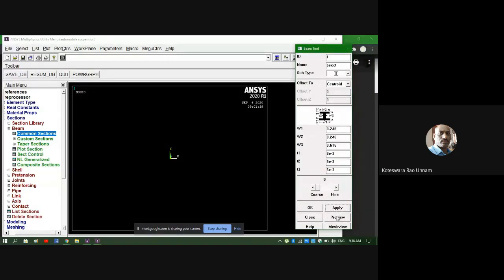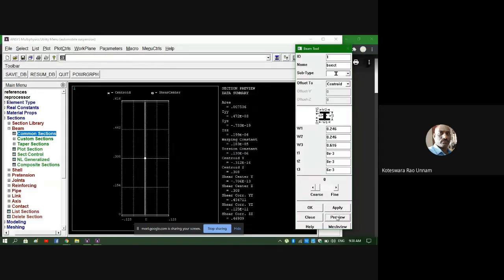So now if I want to see what the properties of that section are, simply I can click here on the preview. See, now if I click the preview here, you can see it is showing the I section, something like this, and it is calculating the centroid and shear center for the section. Of course, it is a symmetrical section, symmetrical about both axes. Your shear center and centroid both are coinciding with each other here. On the right side, you can see the section summary also. Area, IYY, IYZ, IZZ, it is calculating all those properties. So the section properties are taken in the YZ plane. The length is in the X direction, and the YZ section properties are taken in the YZ plane.